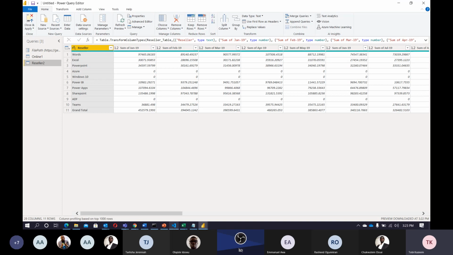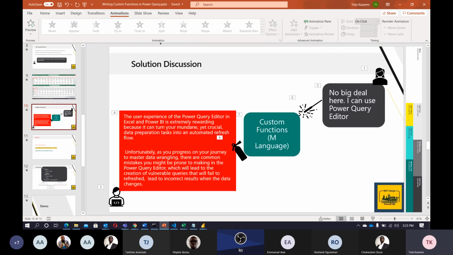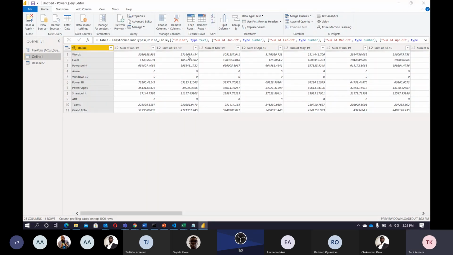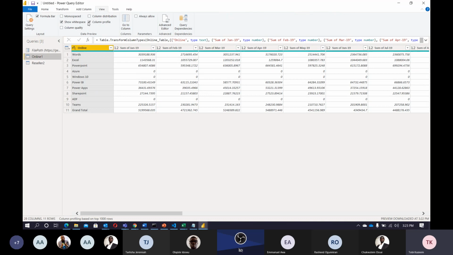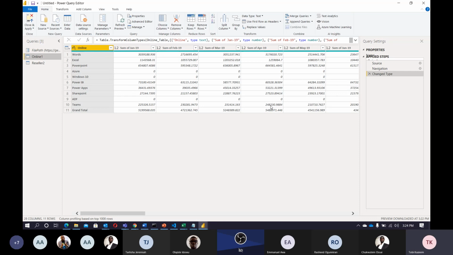You remember when the business said, "Oh, this is not a big deal. I can make use of my Power Query editor." Let's try Power Query editor and see where we get stuck. I'm starting here. Okay, it's my query setting. Nice. So the first thing to do, I can actually say, okay,